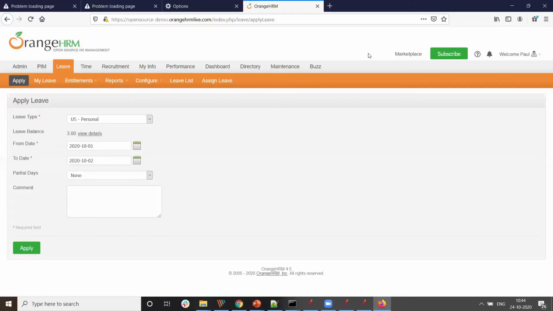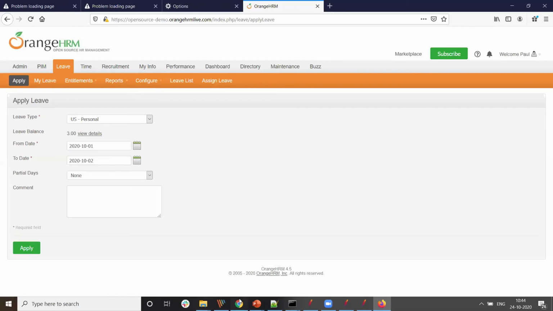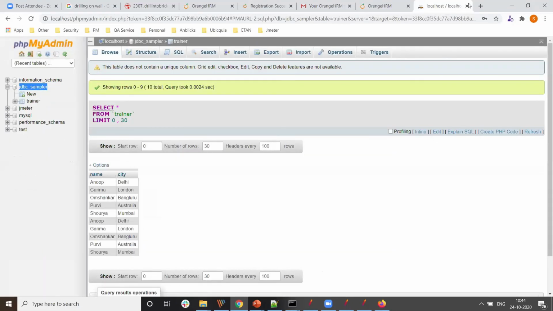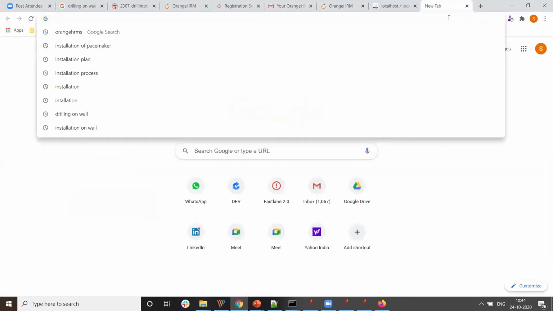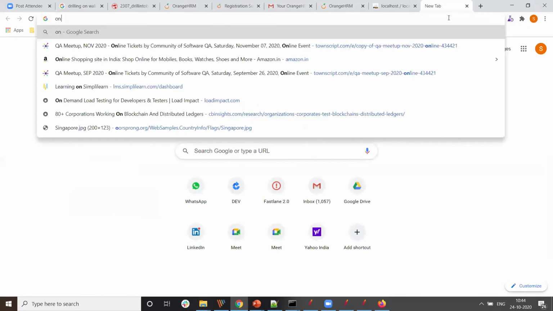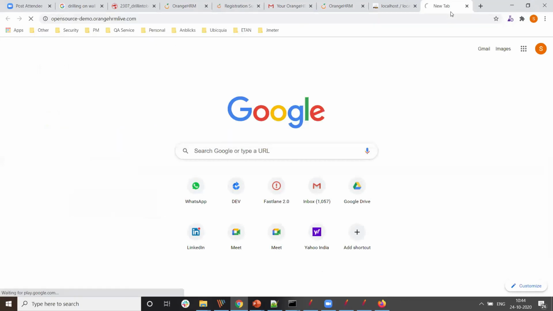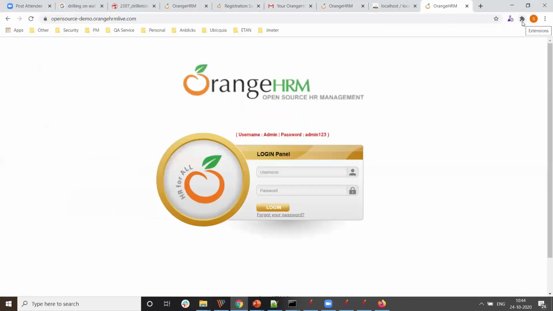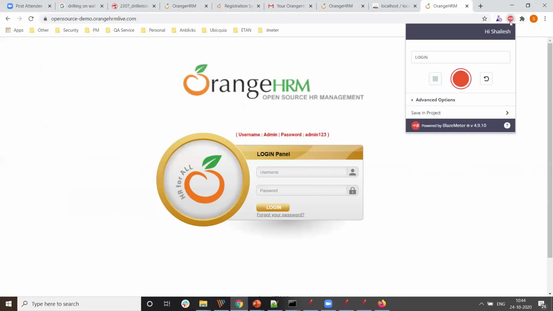So when I go to this, this is my Chrome browser. In the Chrome browser, I'll open the OrangeHRM open source site. This BlazeMeter is already installed.